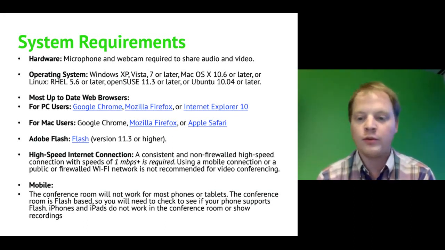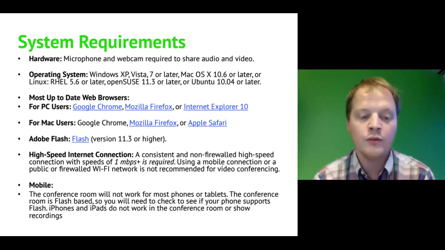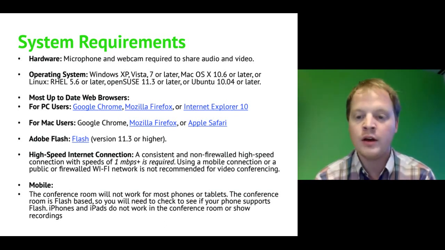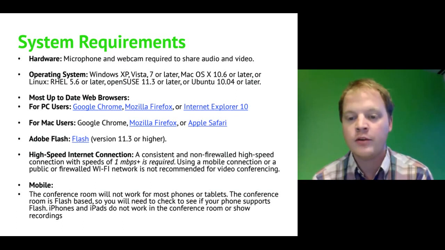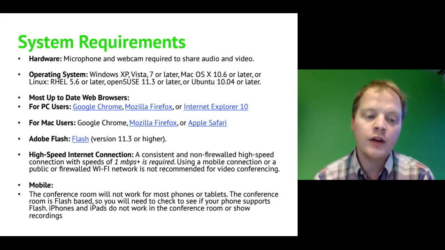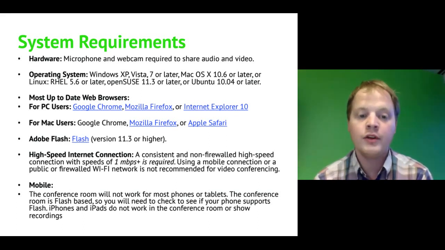We would suggest you should probably have more than 1 megabyte per second if you're sharing your audio and video, just because it takes a lot of bandwidth. He's posting a link right there with speedtest.net, and that's how you can find out how fast your internet actually is. If you're entering the conference room and you have a firewall, sometimes it will block the conference room, so that's just something to know as well.